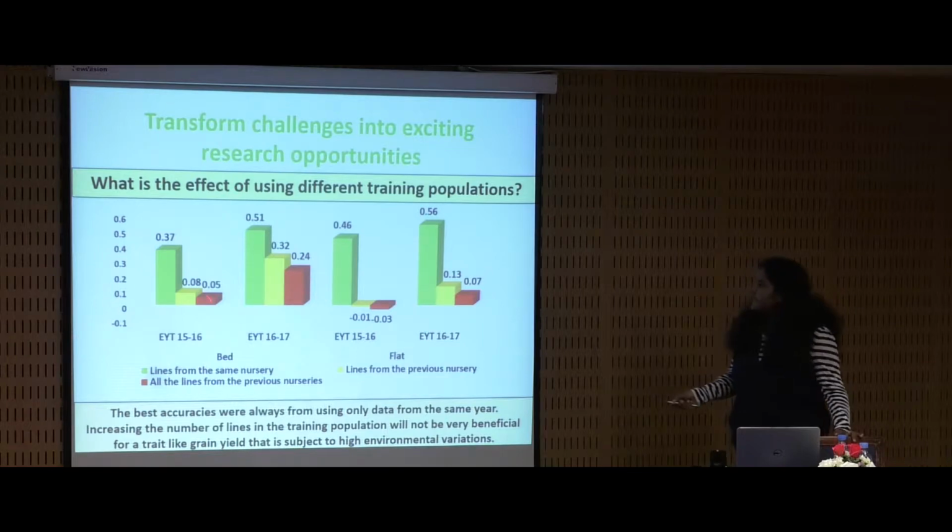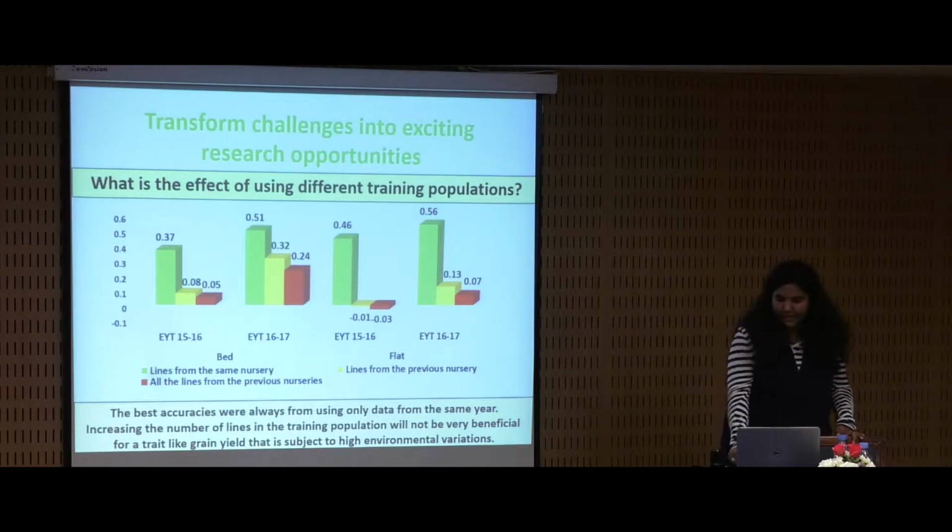And when we did this study, as you can clearly see, using lines from the same nursery always resulted in the highest prediction accuracies. And when you go a year back, or even if you increase the size of your training population, for a trait like grain yield, it might be challenging because sometimes it could be just more noise into your training sets because the lines those years were completely different from the year which you're using to predict that